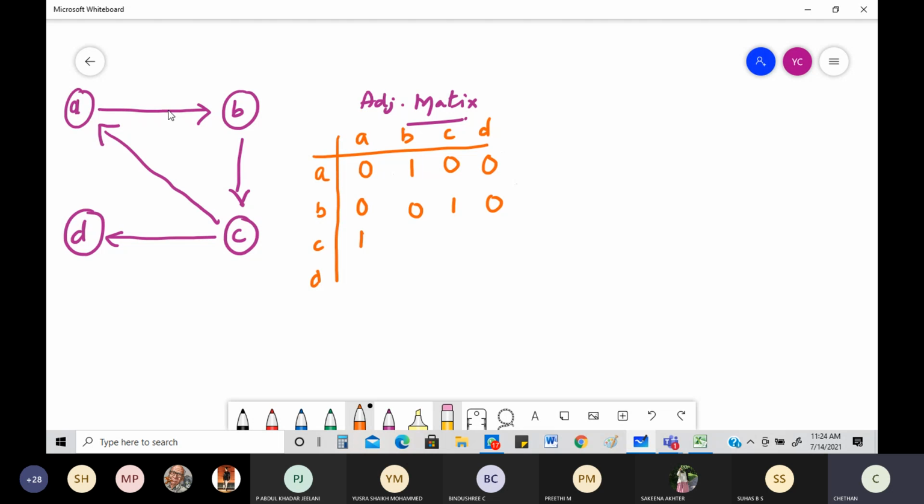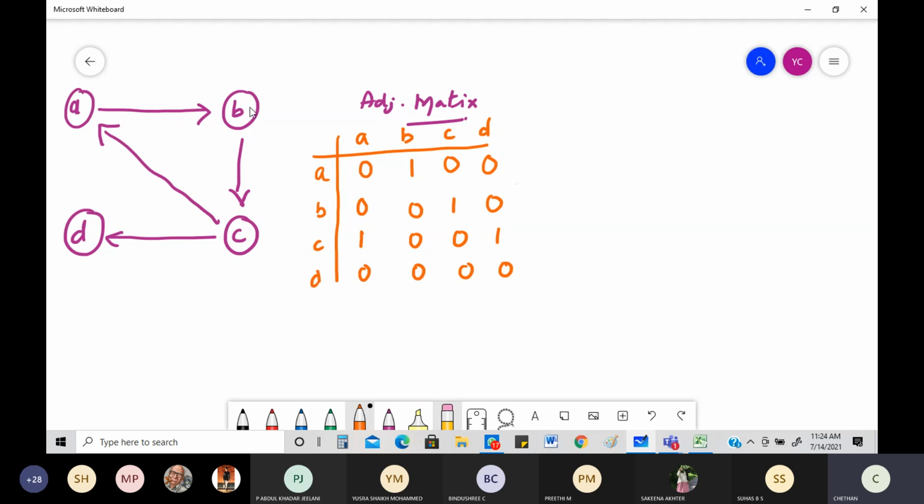First of all, figure out: 1, 2, 3, 4. There are 4 edges that you have. So there are 4 places where it has to be 1. Once we write it, we are going to cross check it. Let me figure out what those are. From D, there is no path going out. I can easily say this. So let me go back and check it.